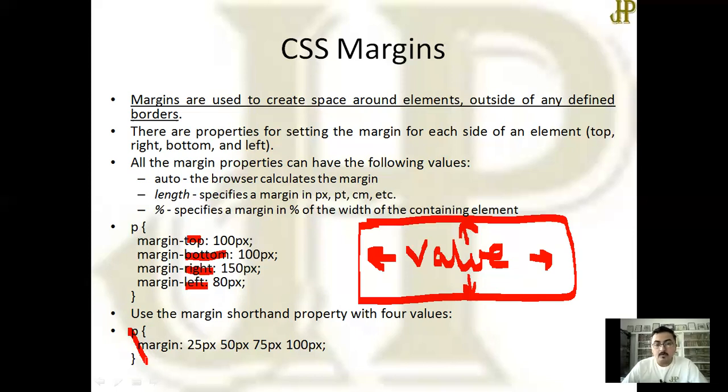The first value defines the top, the second is bottom, the third is right, and the fourth is left. Other than this, you can give values in percentage or point or centimeter also. Clear?